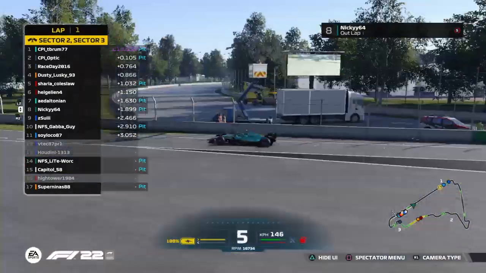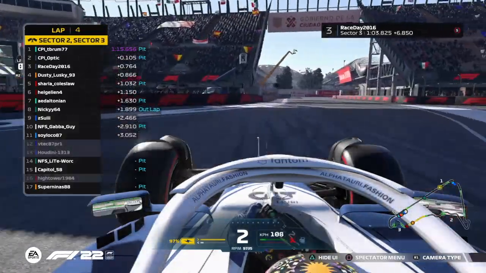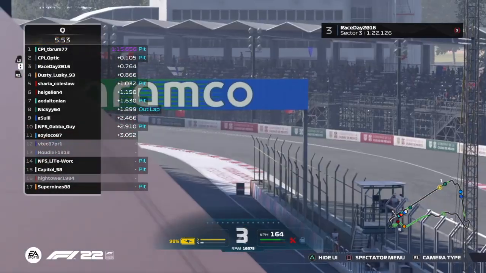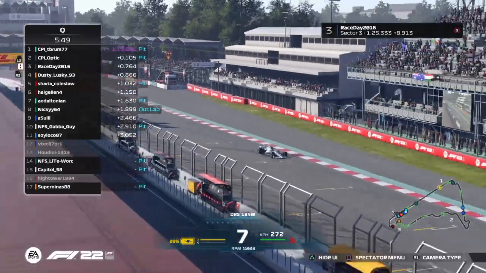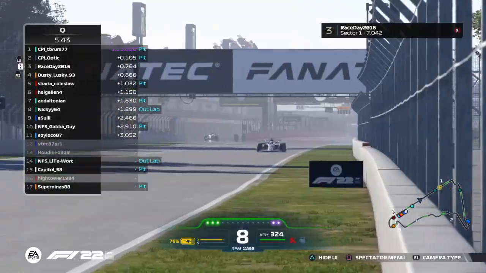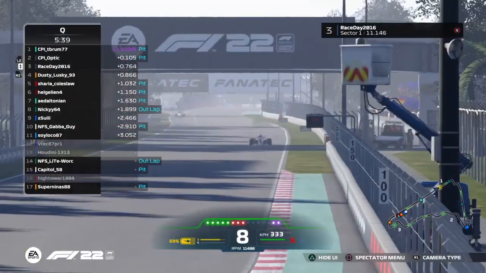Next up looks to be, is this the AlphaTauri of Race Day? This is the lap that everybody's been waiting to see so far, as he now makes his way into turn 16 and 17. What does Race Day 2016 have? Does he have anything to perhaps get himself on the provisional pole and create a nice, comfortable gap between himself and main championship rival Dusty Lusky heading into the first corner? It looks as if...